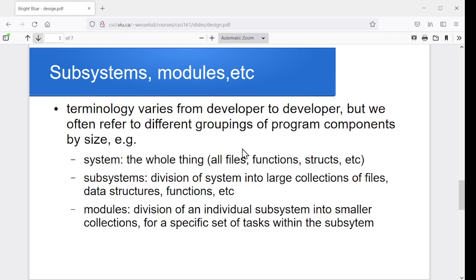Now, the terminology here is going to vary from person to person, from group to group, from organization to organization. But the idea is we're starting with a big overall system, and we're dividing it up into smaller pieces and dividing those up into smaller pieces. What names you give the pieces at the different levels is kind of arbitrary, but a fairly common one that